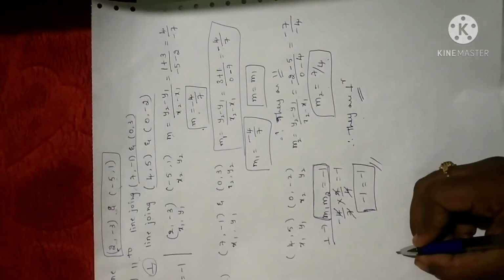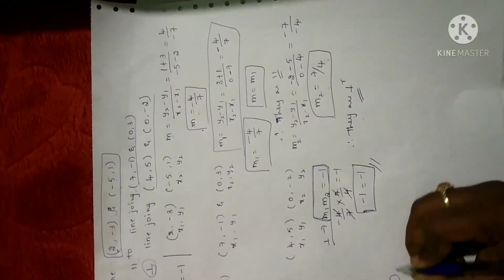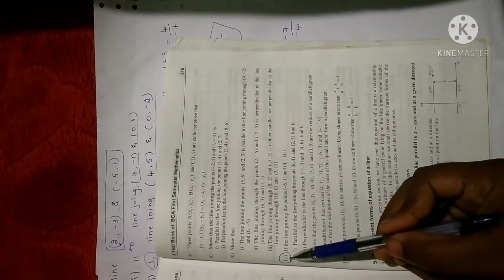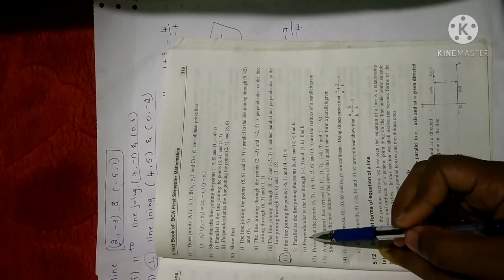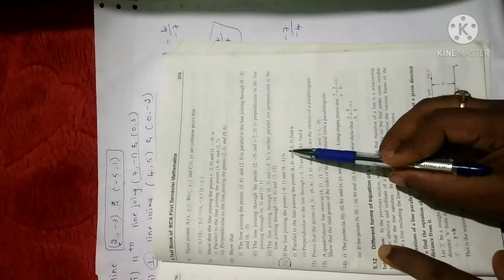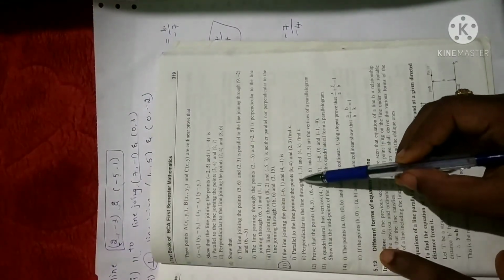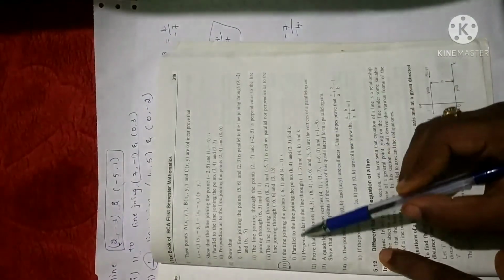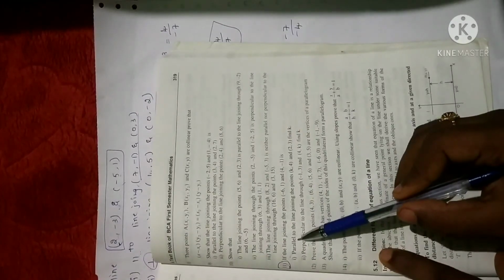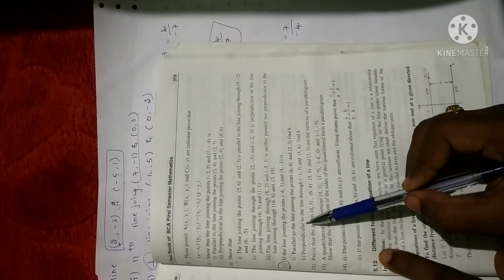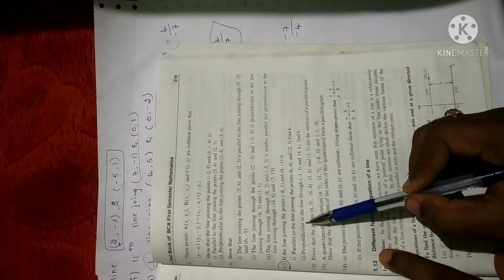Now, assignment questions based on the same concept. Write down the question. First one. So for assignment, write down the 11th question and solve the same in the assignment book. See the question: if the line joining the points minus 6, 1 and 4, minus 1 is parallel to the line joining points K, 4 and 2, 3, find K. So it is already given that the lines are parallel. So directly use the concept m1 is equal to m2. In the second question, it is already given perpendicular. So use the concept m1 into m2 is equal to minus 1.